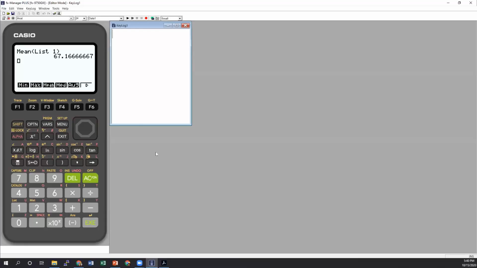And one thing Tom mentioned too is that it's not a very big range, because if we go back and look at our data points, we go 67, 68, 65, 66, 64, and then we jump to 73.